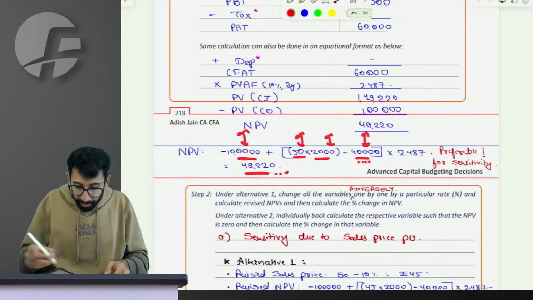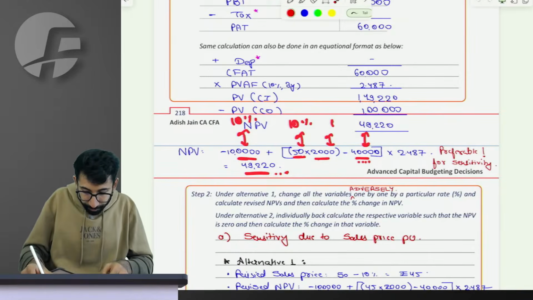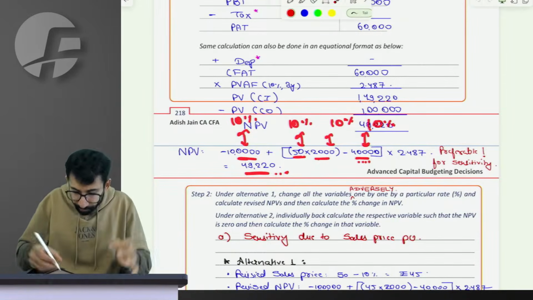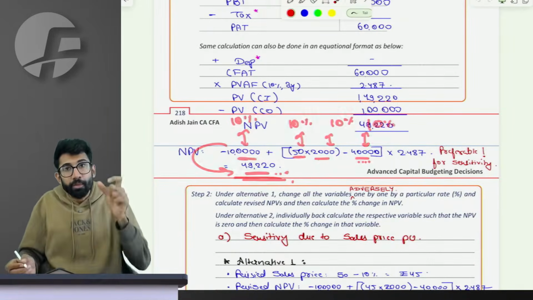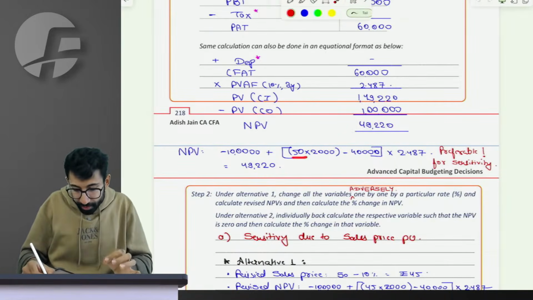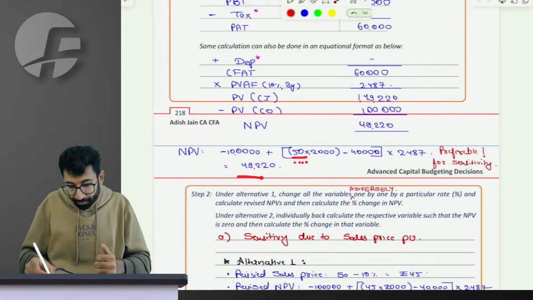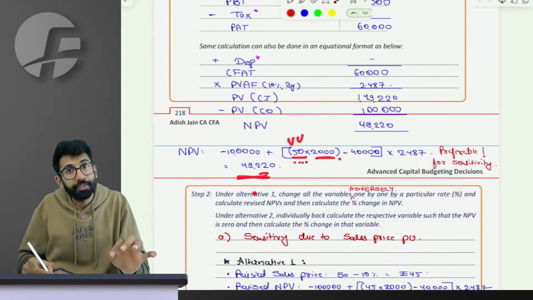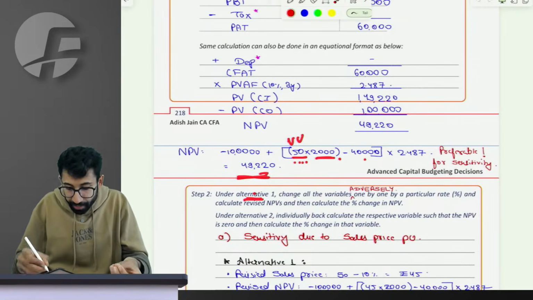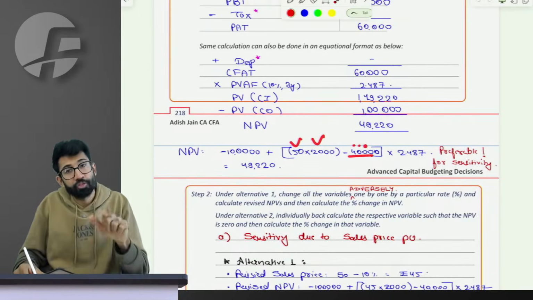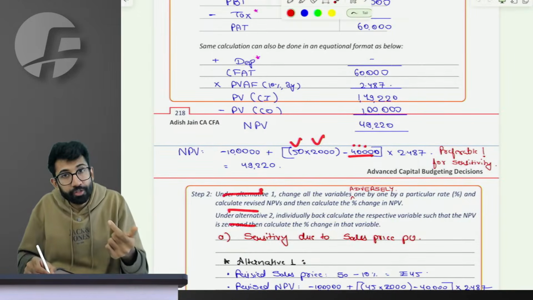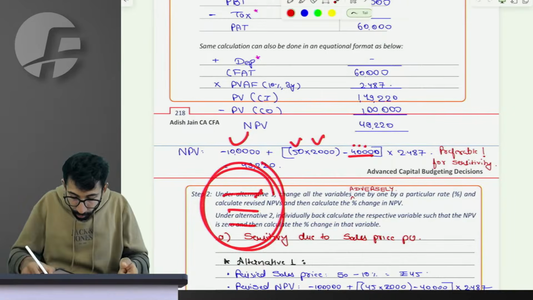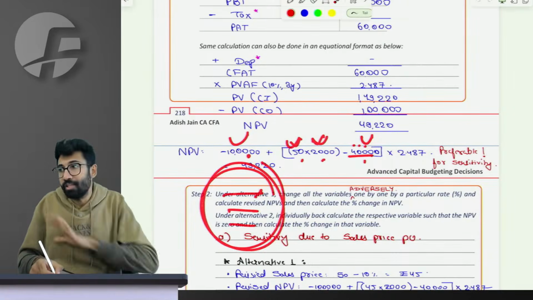Obviously, sir. If all of them change by 10%, for example, will the 10% change in each one of them change the NPV equally? Meaning, in the first case, I change the sales price by 10%, then NPV will change. In the second case, sales price remains 50 only, but the units change by 10%, NPV will change. Then in the third case, these two remain the same, but the fixed cost changes by 10%, then NPV will change. Question is, in all these scenarios, will the change in NPV be the same due to the same 10% change in these variables? The answer is no.